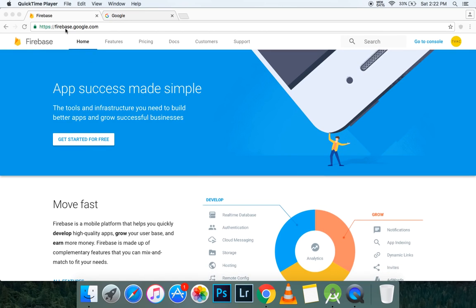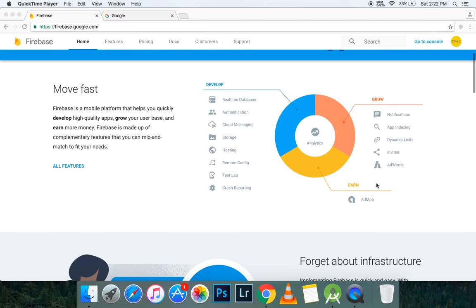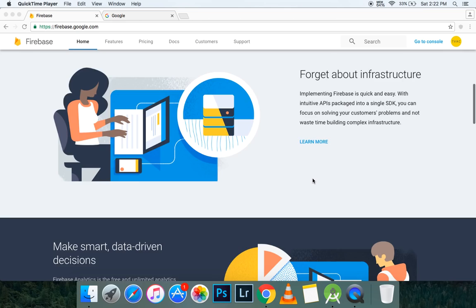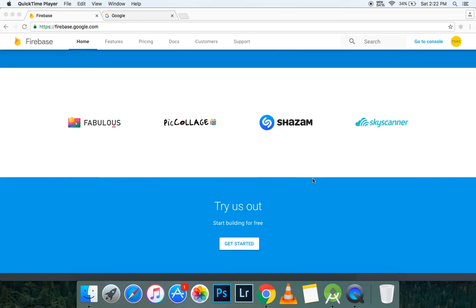Just go to firebase.google.com, and here you can see that it's showing the features that it supports. You can even work with AdMob, which helps you provide ads for your apps. You can use both iOS and Android apps, and even the web app is supported. It's fully filled with features, and there are AdWords and many more features that it supports, like notifications too. Much more is provided here, but we're not going to worry about this because we're going to work with